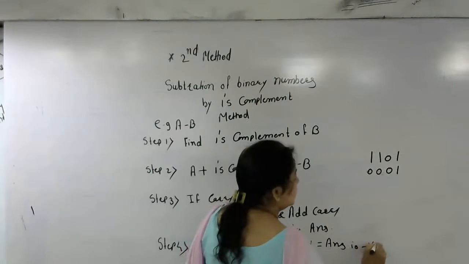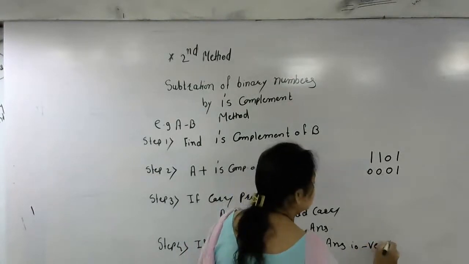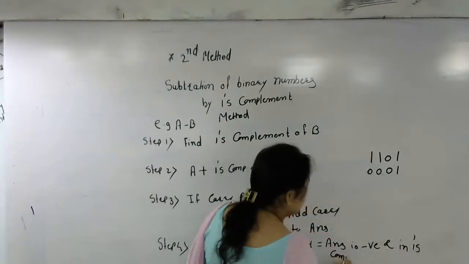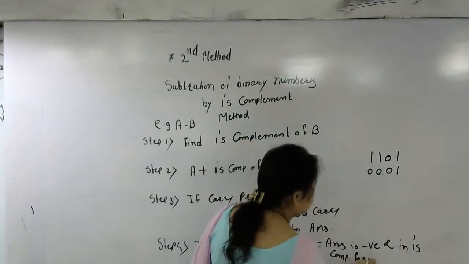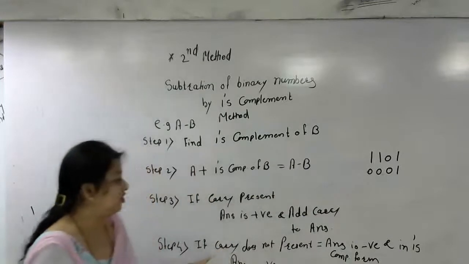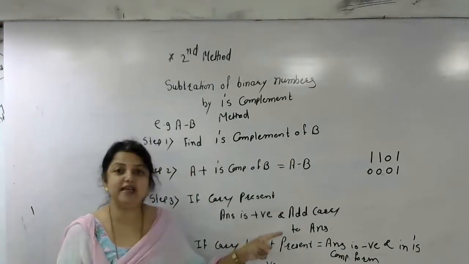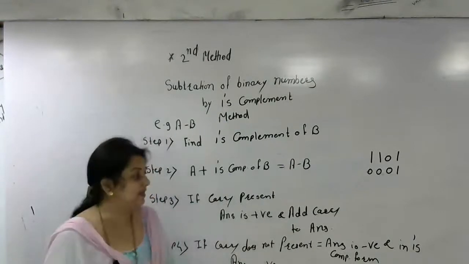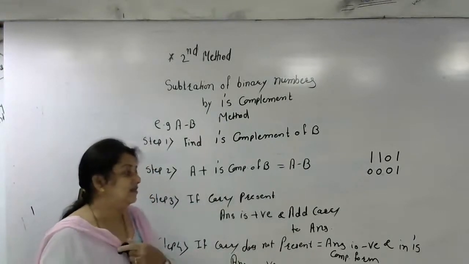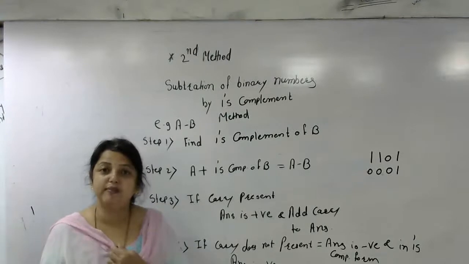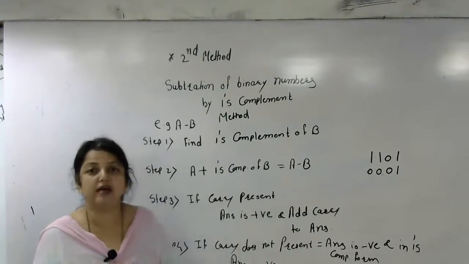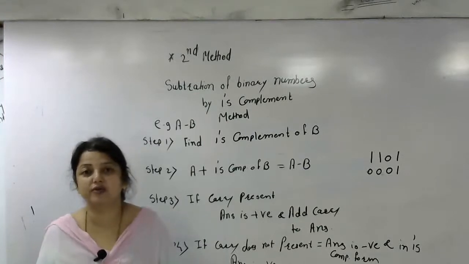The answer is a negative number, in 1's complement form. Meaning if carry is not present, your answer is negative. You have to add a negative sign to your answer, and that answer is not the real answer. You have to find the 1's complement of that answer, and that is the real answer of your subtraction